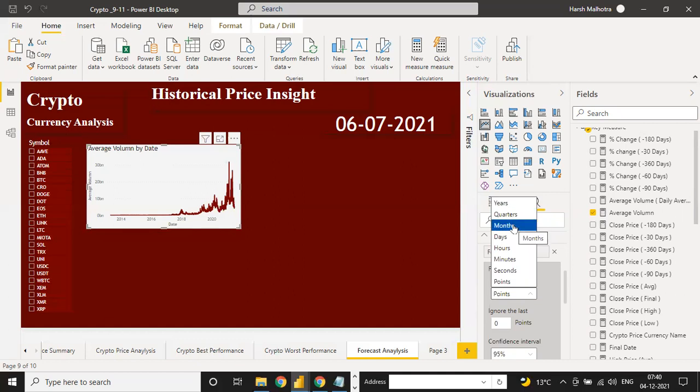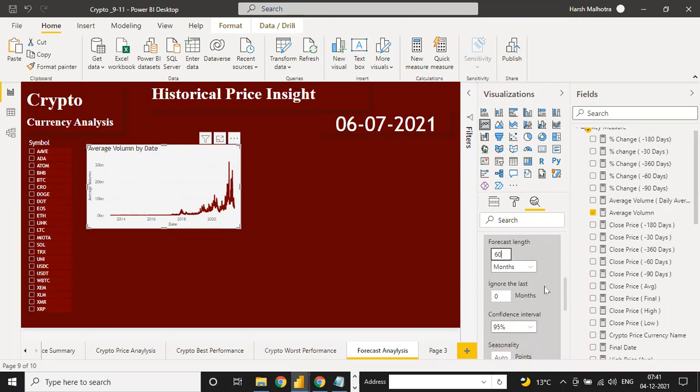Right now we need month wise forecasting, so click month and the forecast length should be 12, because in 1 year we have 12 months. If you click 24, it means 2-year forecasting. If you click 60, it means 5-year forecasting. So right now I click 60, then it's 5-year forecasting.